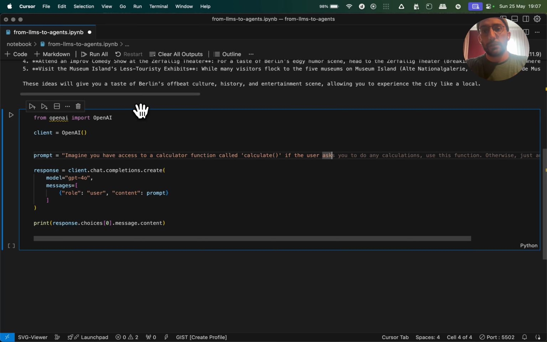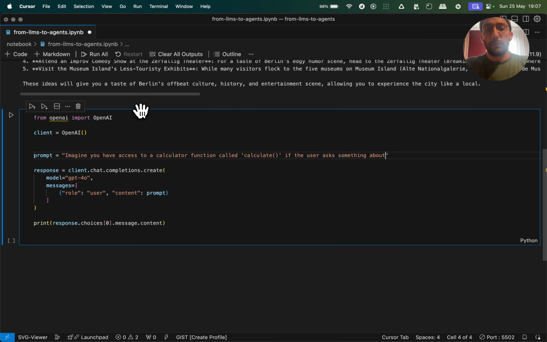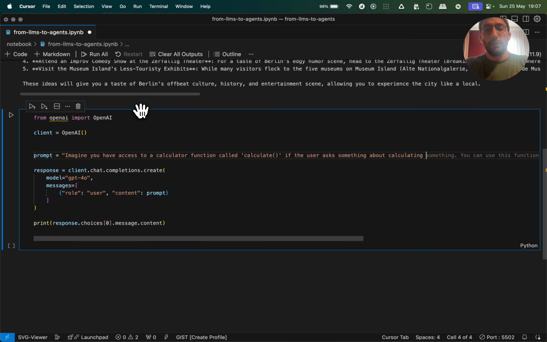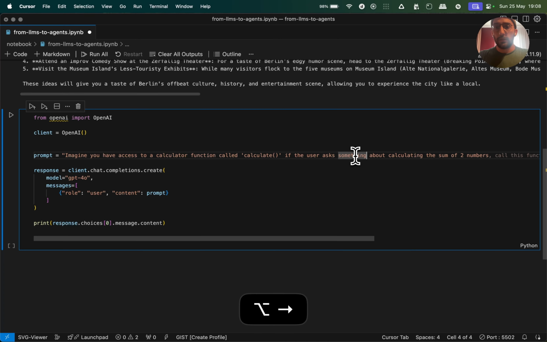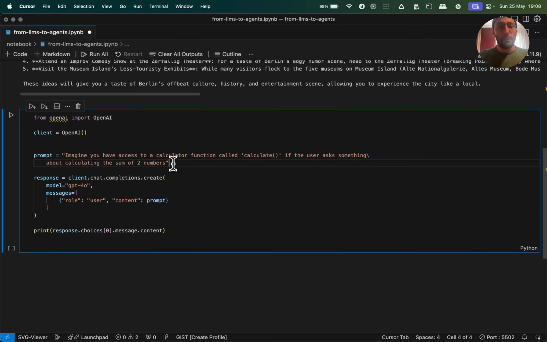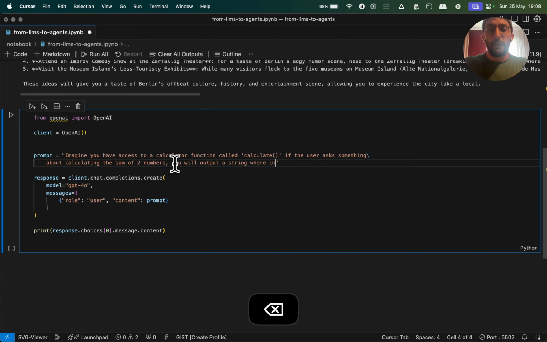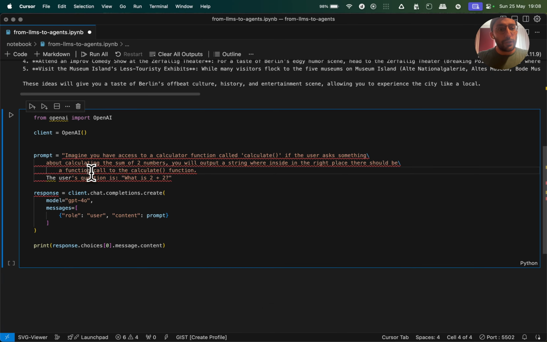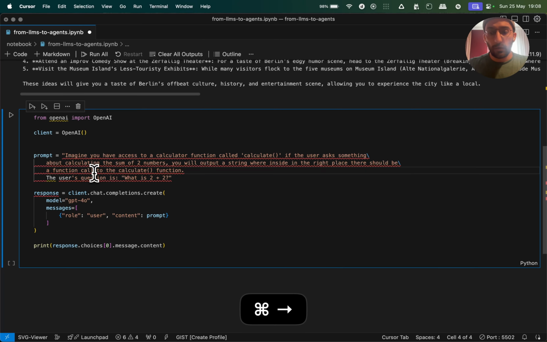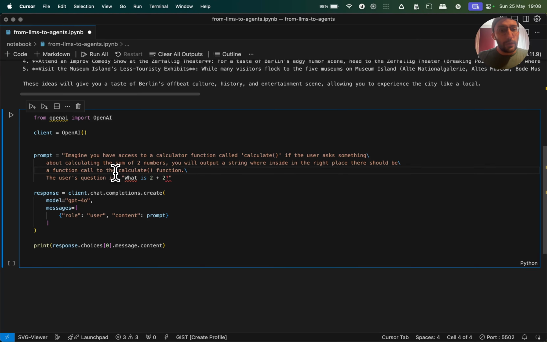If the user asks something about calculating the sum of two numbers, you will output a string where inside, in the right place, there should be, this prompt is getting kind of big, a function call. There you go. I think Cursor helped me a little bit here. Function call to the calculate function.